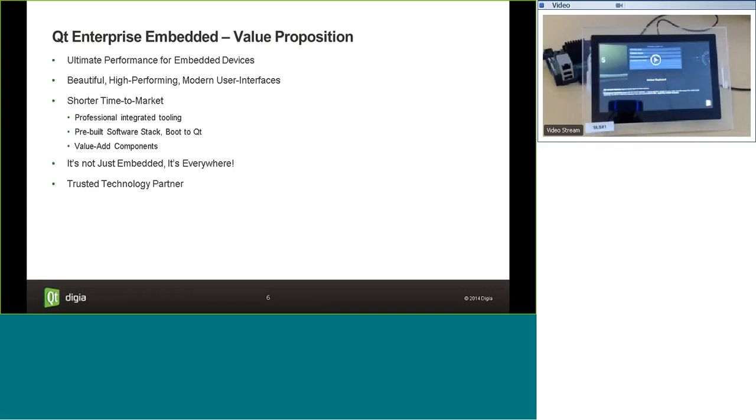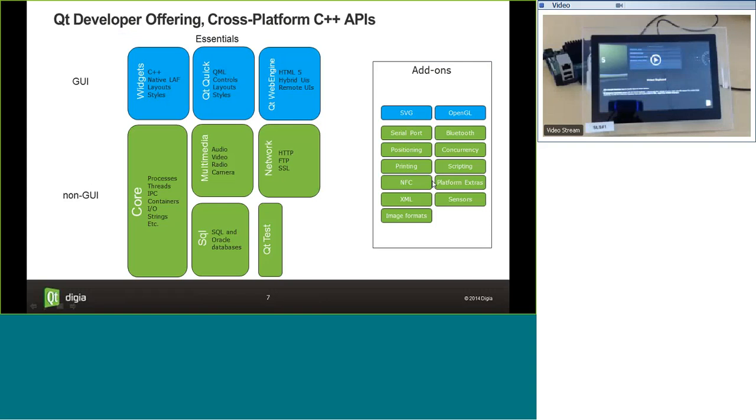Okay, let's take a look at our libraries, our developer offering on C++. So the Qt code modules, there are around 20 modules, and altogether around 700 C++ classes in those modules. Here in blue, you can see our GUI offering, and for non-GUI, you can see the green boxes. So if we start from the bottom,